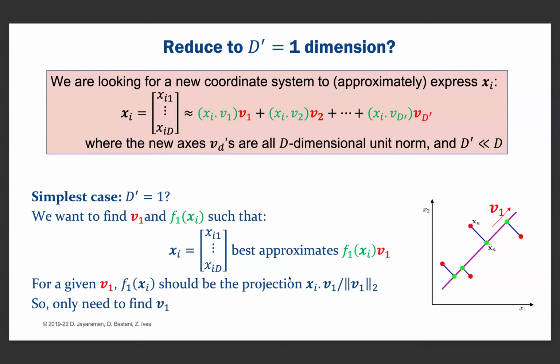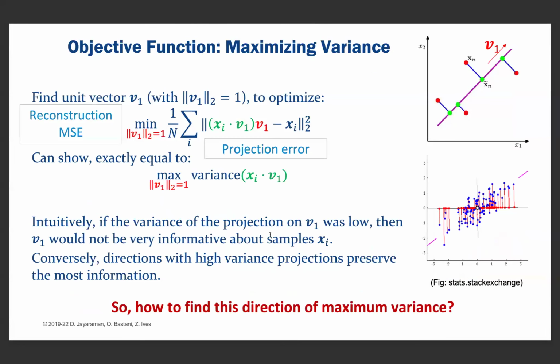So in that case, we need to build a projector, in order to find the projection and make a statement about what this vector v or v1 should be. Okay, so what do we want to do? We want to minimize the distance between our projection and the original vector over all possible